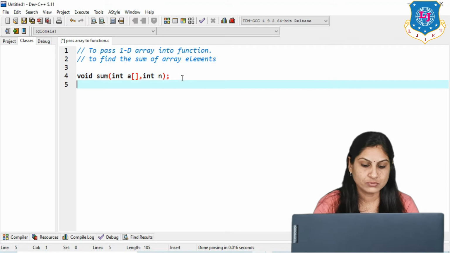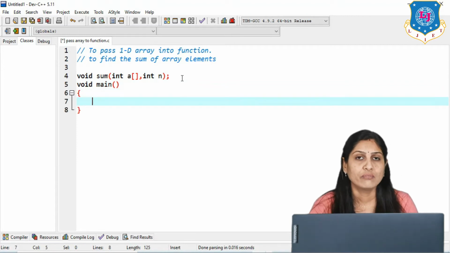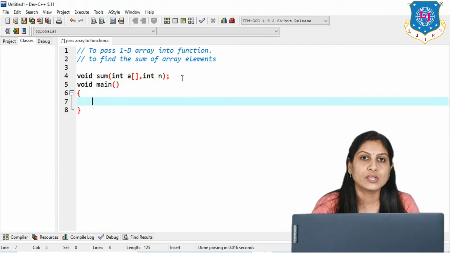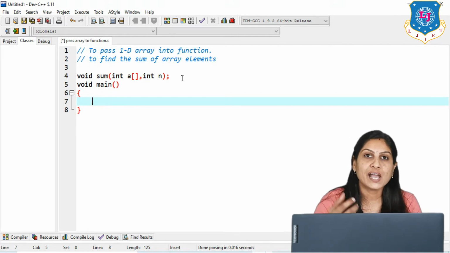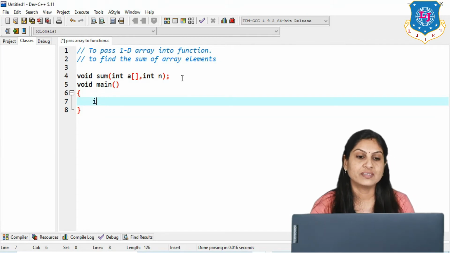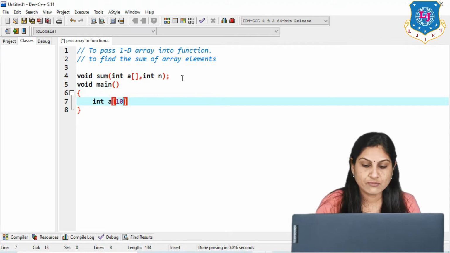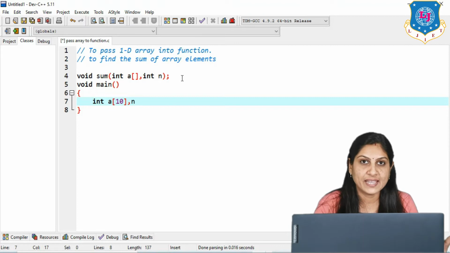Now inside void main, the second element we have to use is the function call. When you are calling the function with the category with argument, all the data that we input, we have to read inside the void main. So here we have to read the array first. I mentioned the size, that is 10, and then one variable n. From 10, how many elements you want to use, like 3, 4, 5, depends on the value of n, and the variable i.